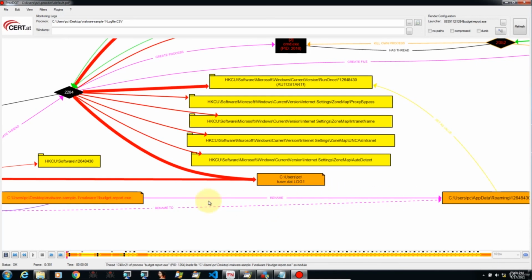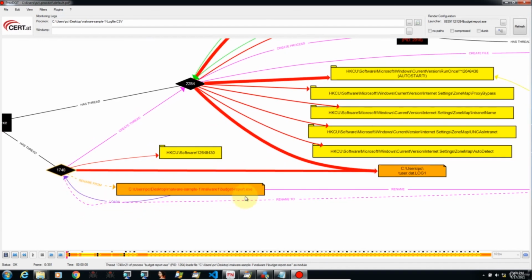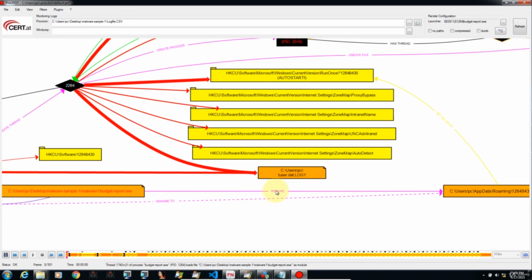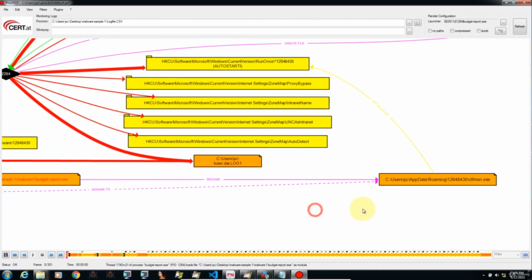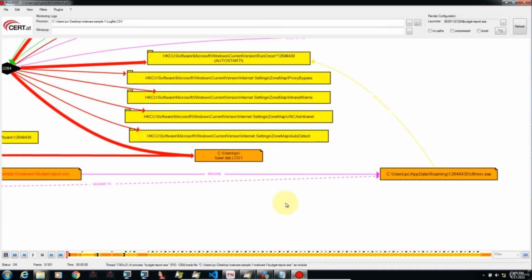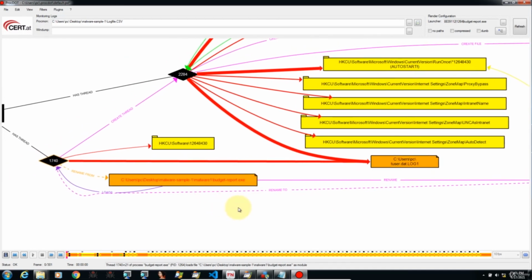has been actually renamed from its original name. See that? Original name is budget report, and then it has renamed it. See the dot, the dash, the label here, renamed to a different name. So now we know ctfmon and budget report are the same file. So this is how it hides itself. It hides itself in this location, and then from here it renames itself, and then